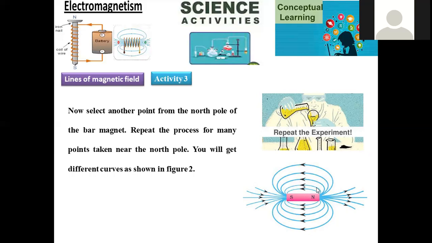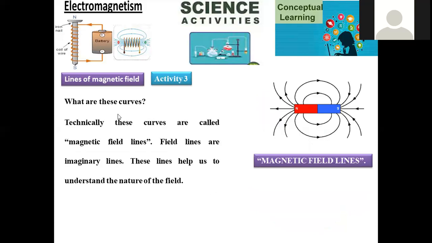These are said to be hypothetical curved lines. The lines were drawn at different distances as shown in the figure. What are these curves? What information are these curves going to give? Technically, these curves are called magnetic field lines. When we draw the lines from north to south pole by changing the distances, these hypothetical lines have a scientific or technical name. What is that? Magnetic field lines. These are said to be magnetic field lines.